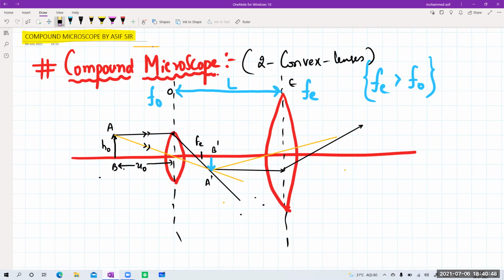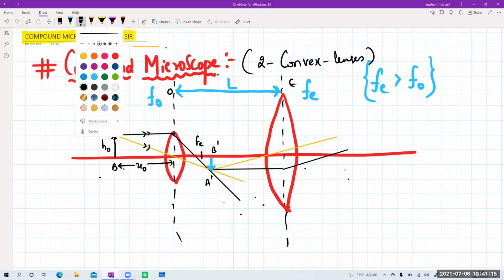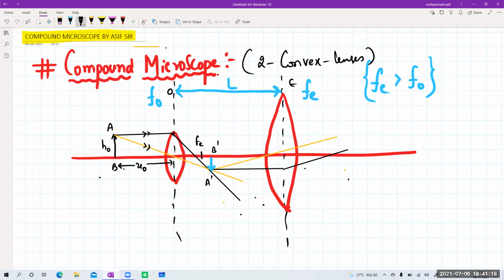Let me just remove this one, make a line right now for this one. So this is your object, sorry. This is your ray of light which is passing from here, and another ray of light will go like this. If I extend this one in the backward direction, now tell me what is happening. If I extend both of them in the backward direction somewhere here, the image is highly magnified. Somewhere I'm making a mistake. Let me just draw the diagram once again.